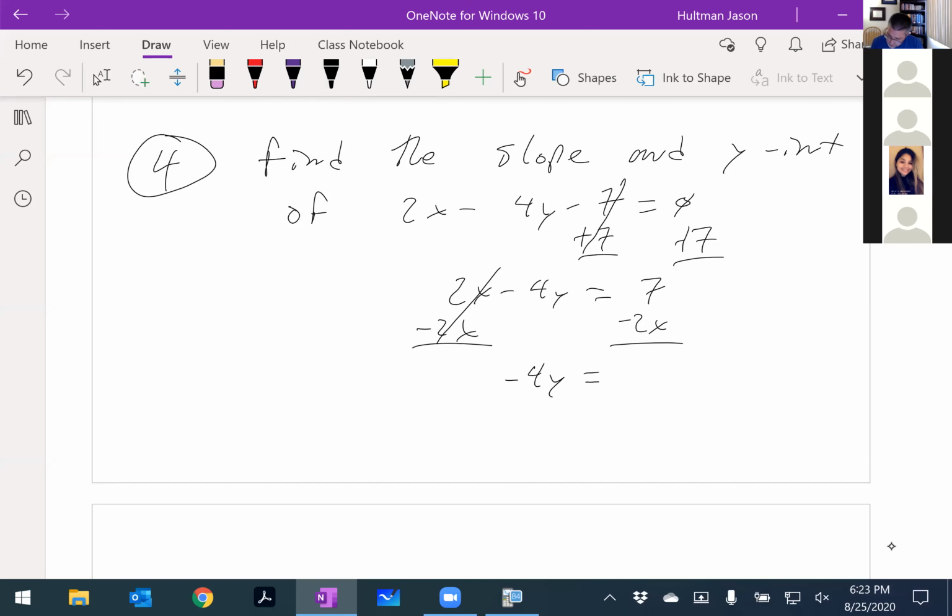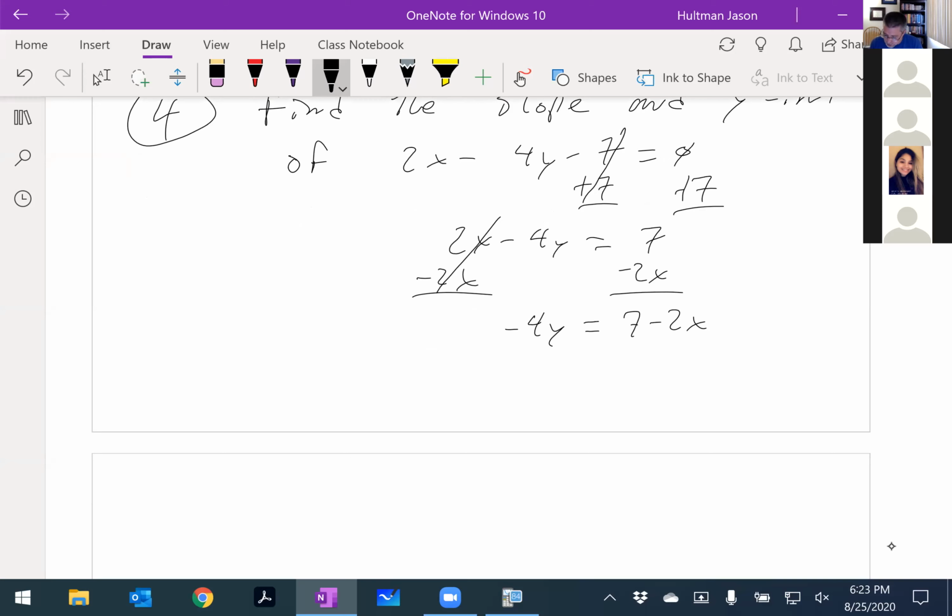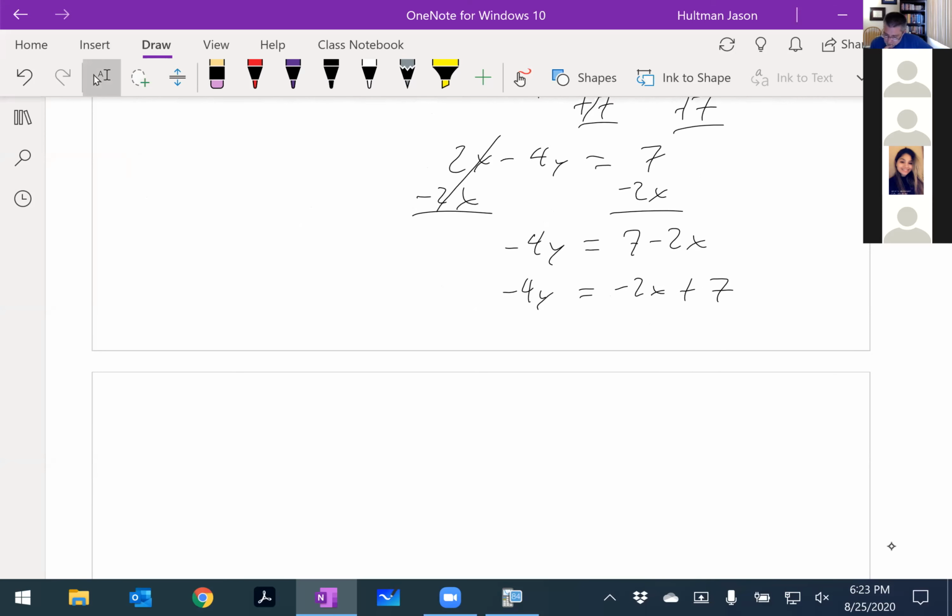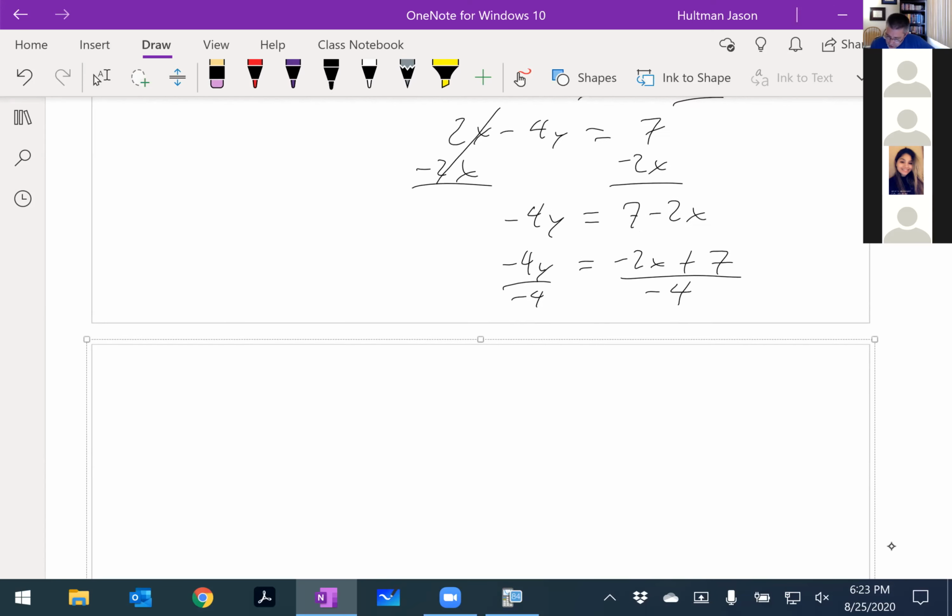Okay, maybe I won't skip steps. 7 minus 2x. There you go. But again, in the next step, I want to make sure that I bring that negative 2x over. Negative 4y equals negative 2x plus 7. Now what I want to do is divide through by negative 4. Now I can divide both sides by negative 4. And then,